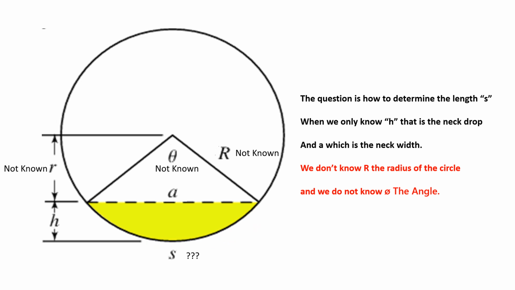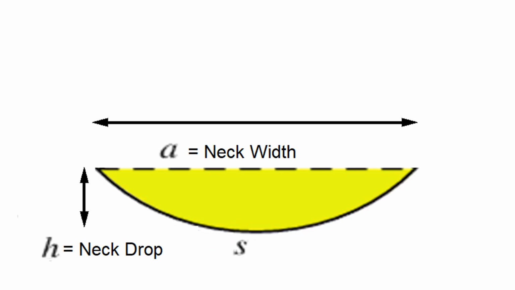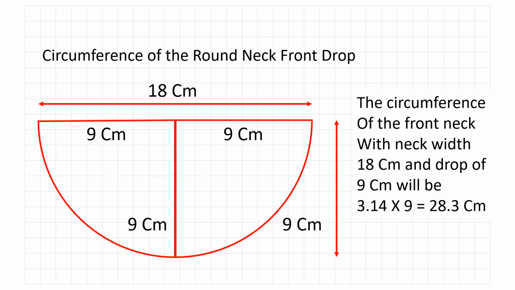This is exactly what I talked about in my last video, where I asked, how many of us know how to find the radius of the arc when we only know the length of the chord and the depth of the chord, which are represented by the neck width and the front neck drop respectively. But first, let's understand the simple one, where the neck drop and half the neck width are the same or